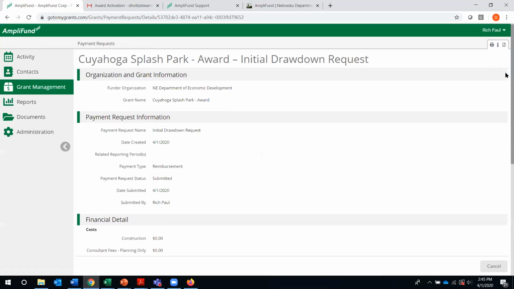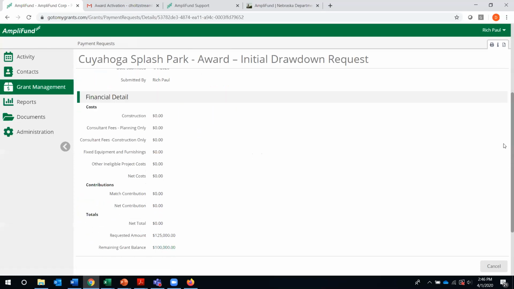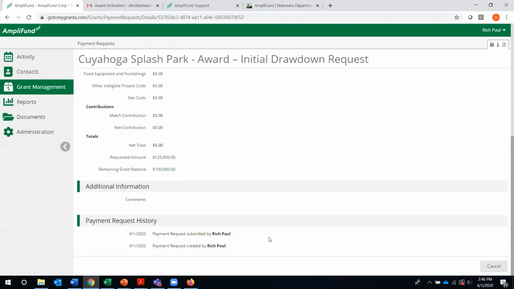If something needs to be fixed, then she'll be able to reject it. You'll get an email saying that the payment request has been rejected, and you'll be able to make whatever change Jenny recommends upon that rejection. And you'll always be able to see here payment request history. You'll always be able to see an audit trail of the date and every action. So once that gets approved, part of the audit trail will say here whatever date Jenny Mason approved or rejected the